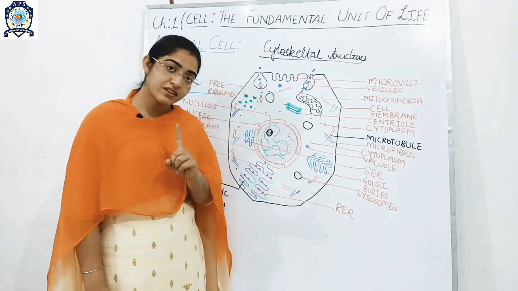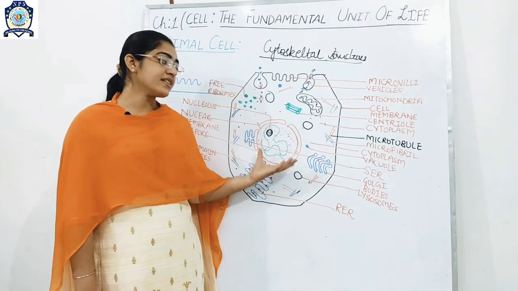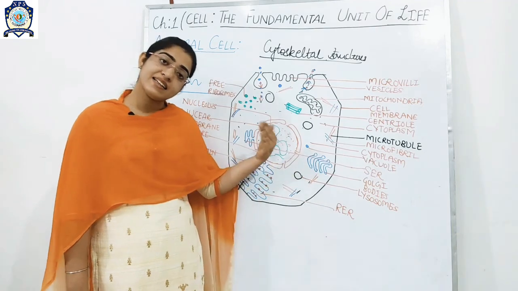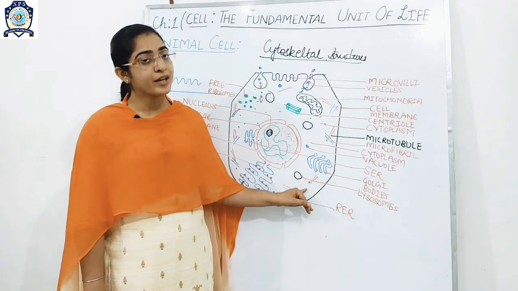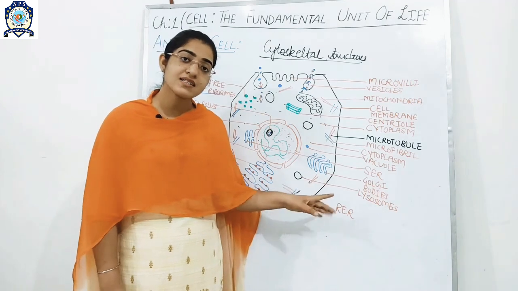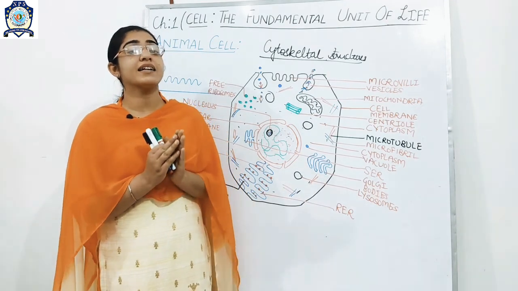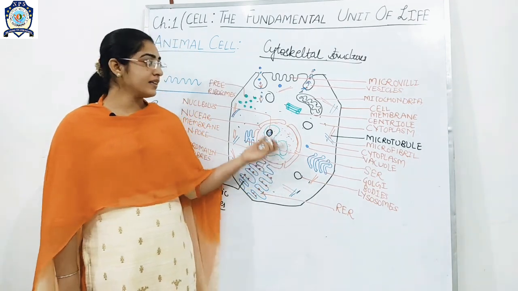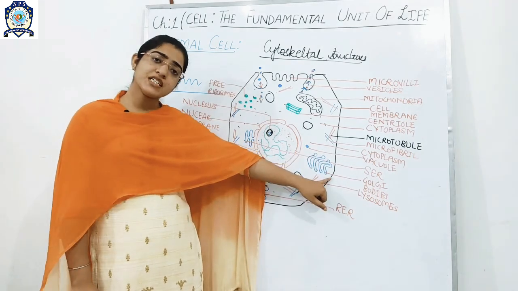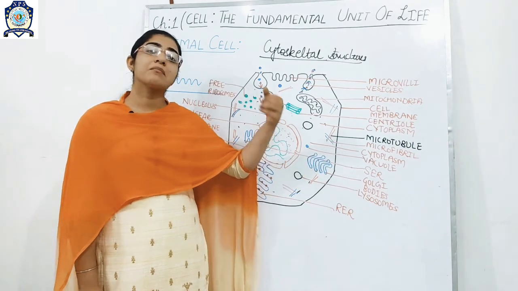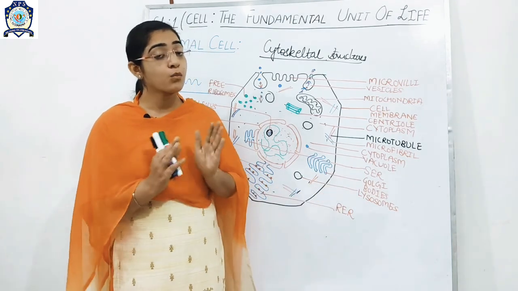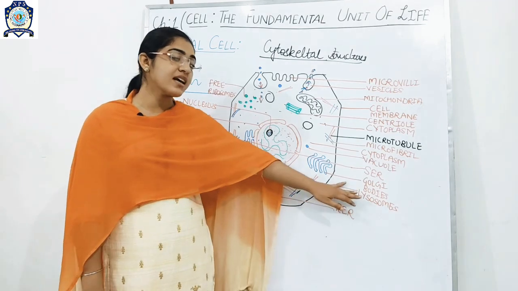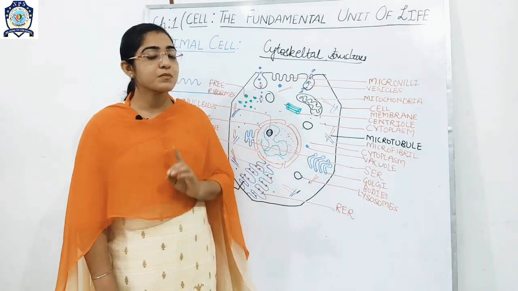So that is one difference, and what is the second? As here the nucleus is in the center, vacuoles are either absent or small in number, while in the plant cell the vacuole is large and present in the center. Is it okay? After that, we have studied Golgi bodies. In plants, Golgi bodies are more in number and are called dictyosomes, while in the animal cell a single Golgi body is present.